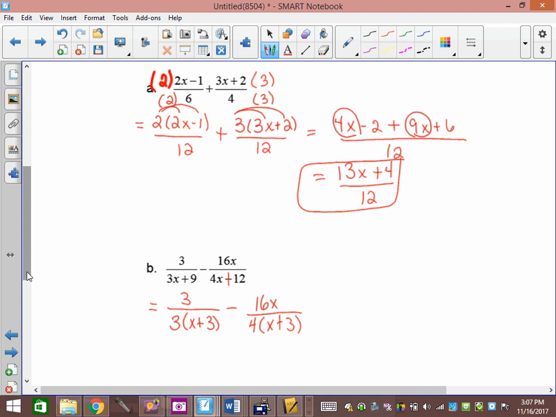Okay? Now, sometimes you can take a GCF out and there's nothing in common. Well, then taking the GCF out wasn't helpful. But in this case, let's say I took a GCF out, and now they have what in common? They both have an x plus 3. So I know this one has an x plus 3, and this one has an x plus 3. So at least that term is the same. Then they have a 4 and a 3. So what could I make them be common? 12. So I don't have to multiply by the x plus 3s because those already are common, right? But I can multiply this side